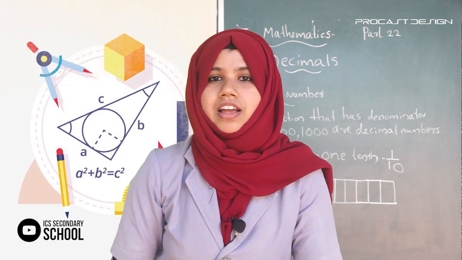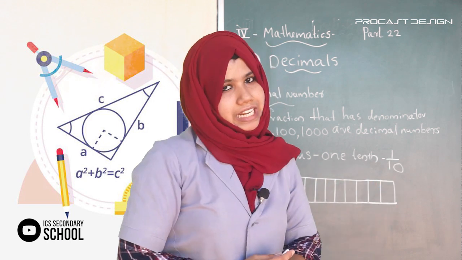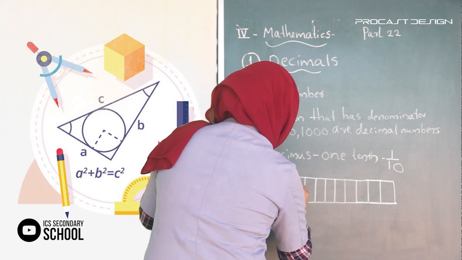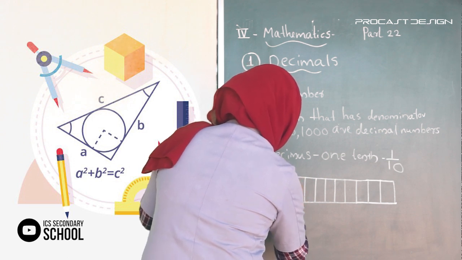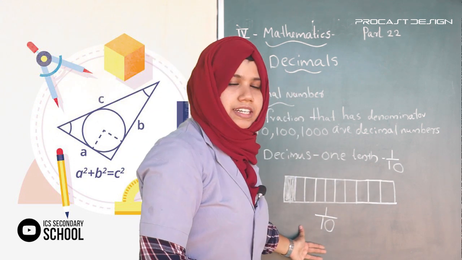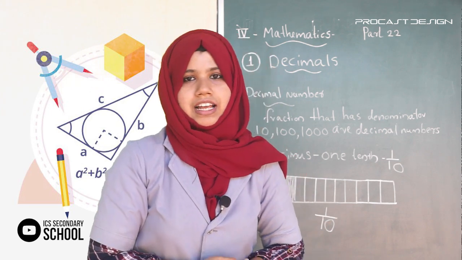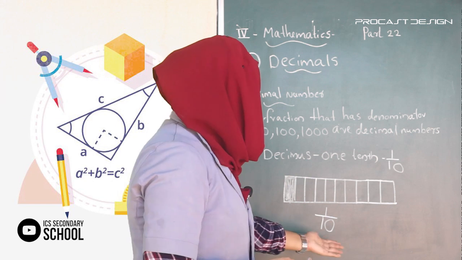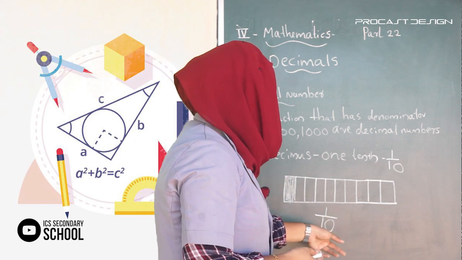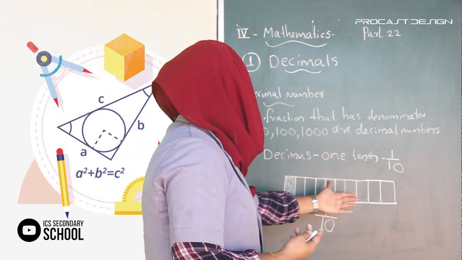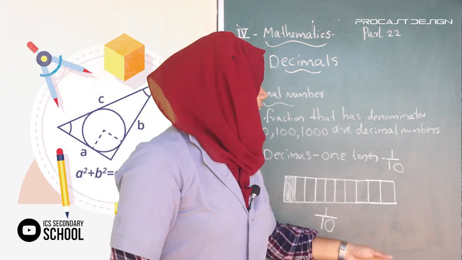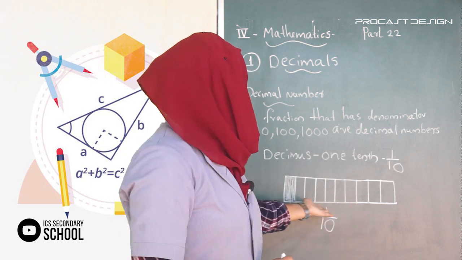A fraction is a part of a whole. So here there are a total of 10 parts and one part is shaded. We can write this as 1/10, and this is the denominator and this is the numerator. We already learned this in the chapter on fractions. The number below the line is the denominator. So 1/10 means a total of 10 parts and one part out of the 10. So this is a decimal number.